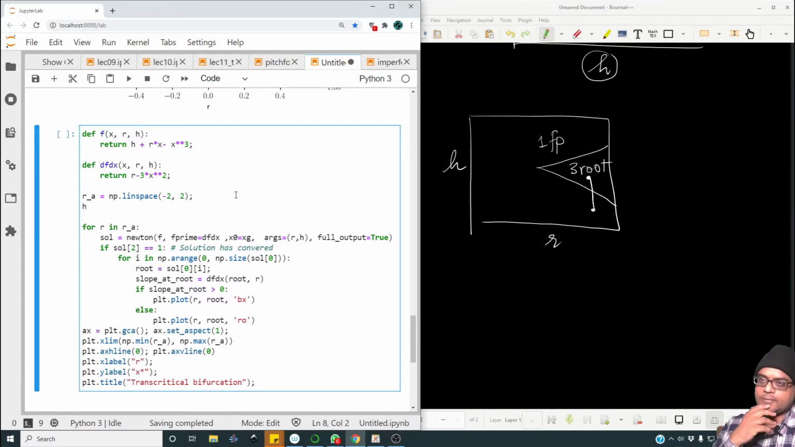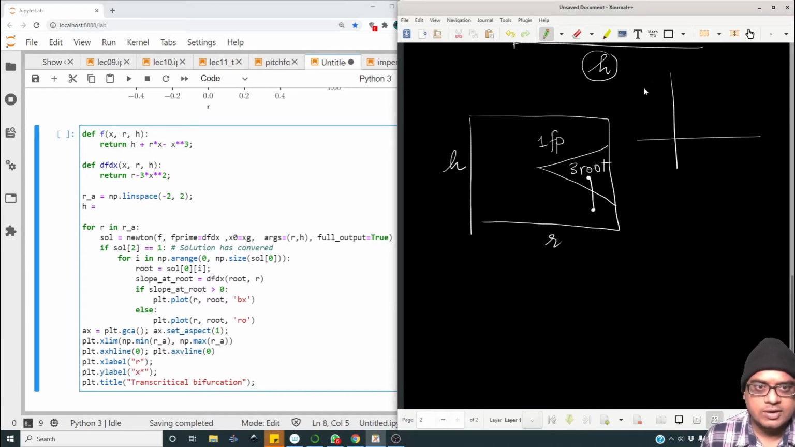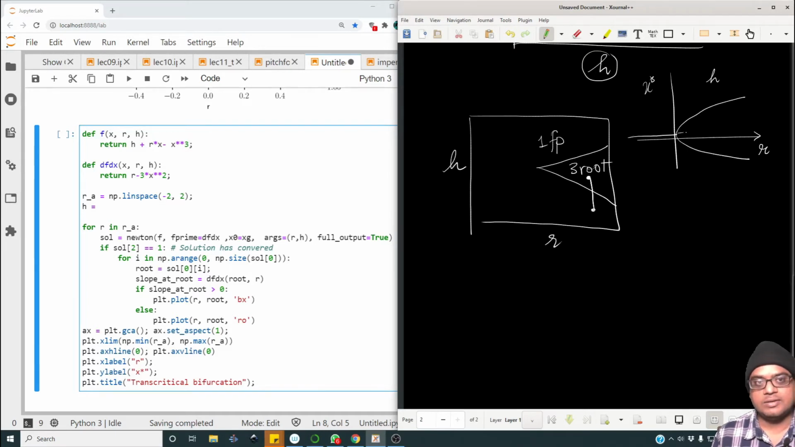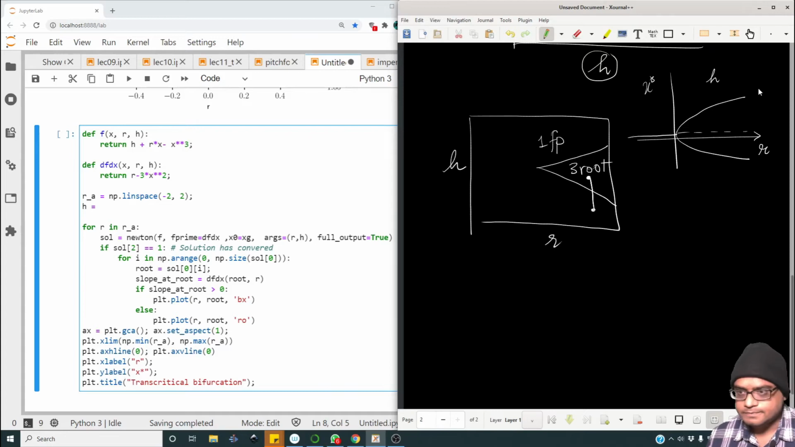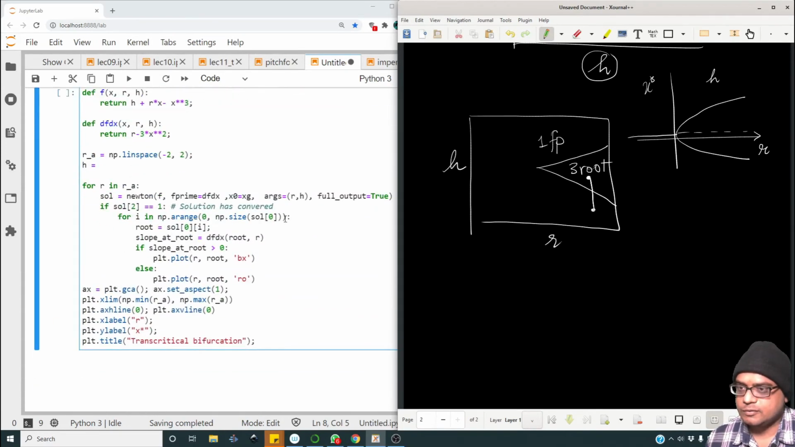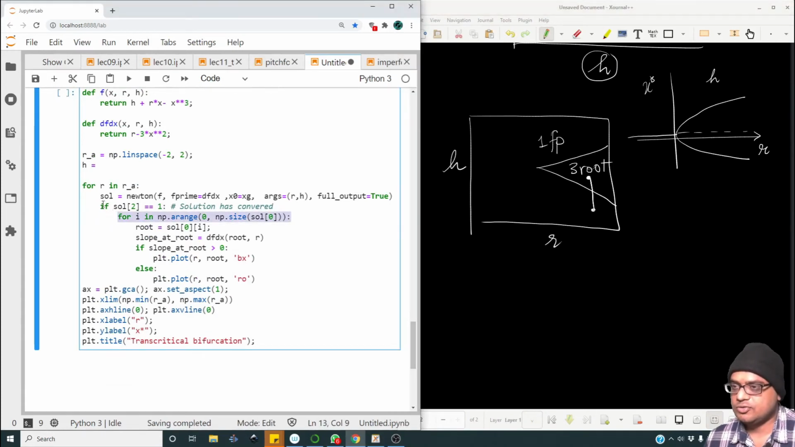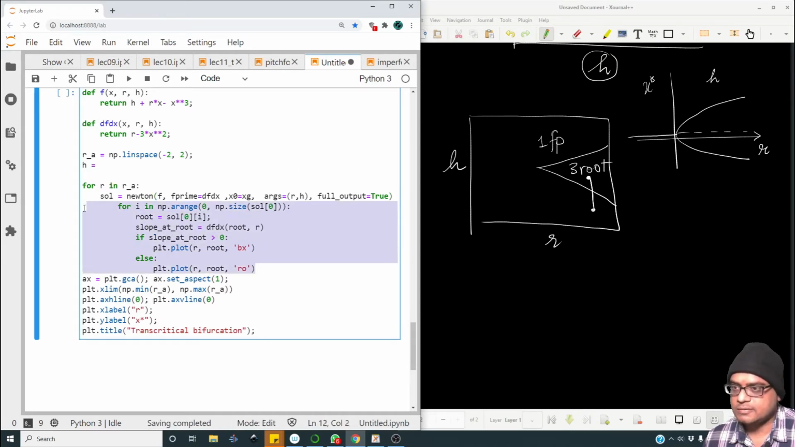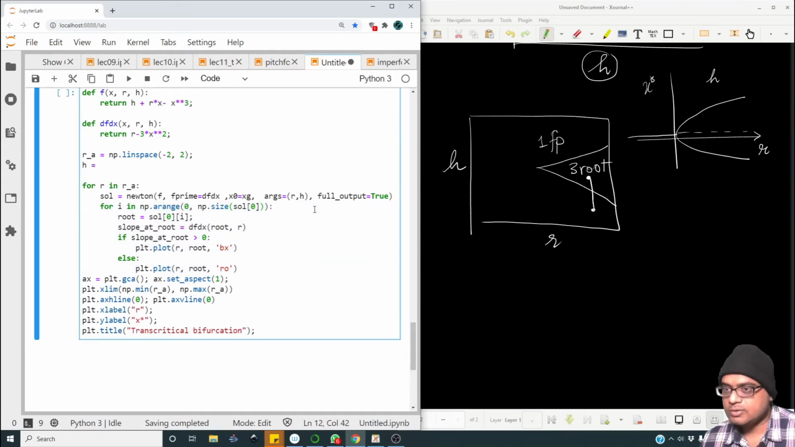So let us do it for fixed value of H over R. Meaning we are trying to do this x star versus R for various values of H. So we know that when H is 0, we will have the pitchfork bifurcation, something like this. Okay, so now we have to make some more changes. So the strategy is for i in np.arange. So this line, so let me indent everything. For i in np.arange this,